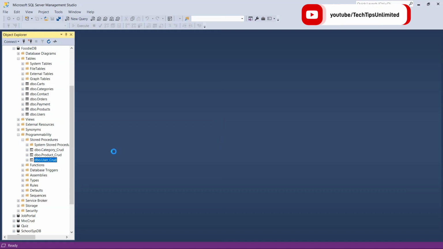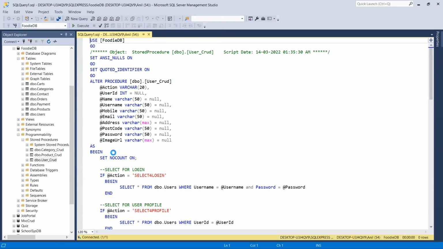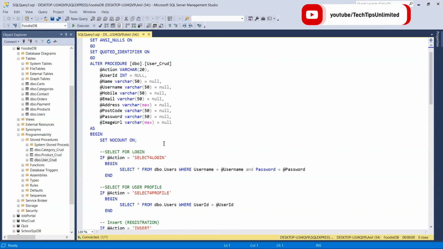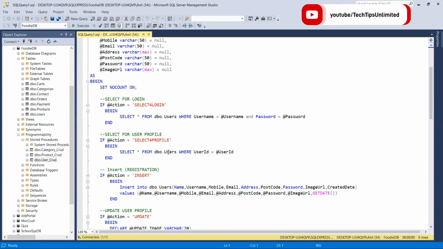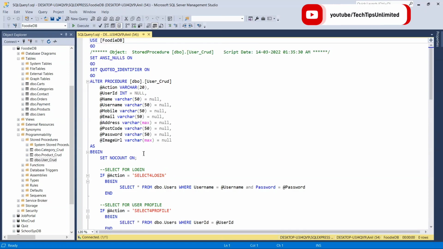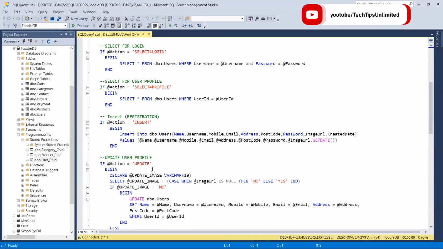We have used this stored procedure for the user registration, as well as for the user profile, and updating the user profile, where the user can update their profile, and as well as for the admin module, where it will display a list of all users, as well as deletion of a user in the admin module. So we have used this stored procedure for all the kinds of actions that we perform on the users. All the queries we have taken here inside this stored procedure. Okay, so